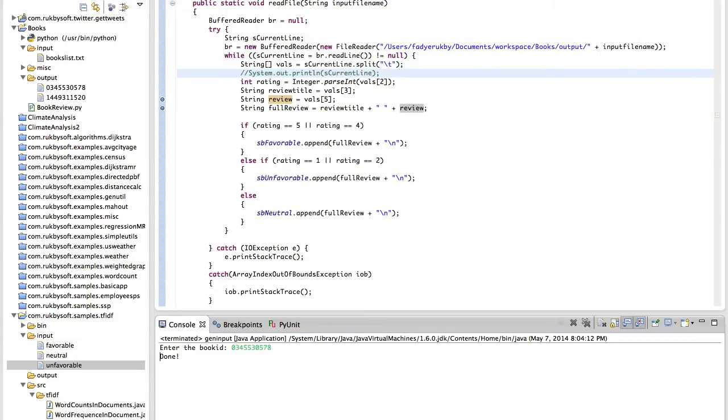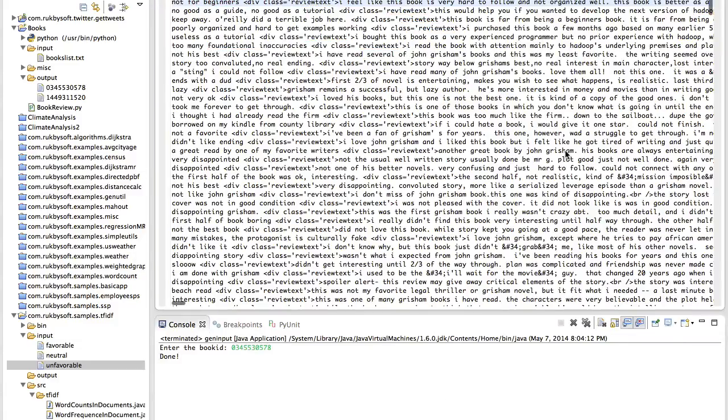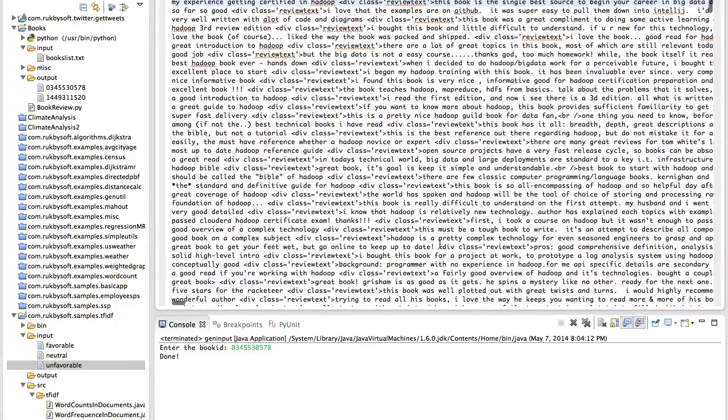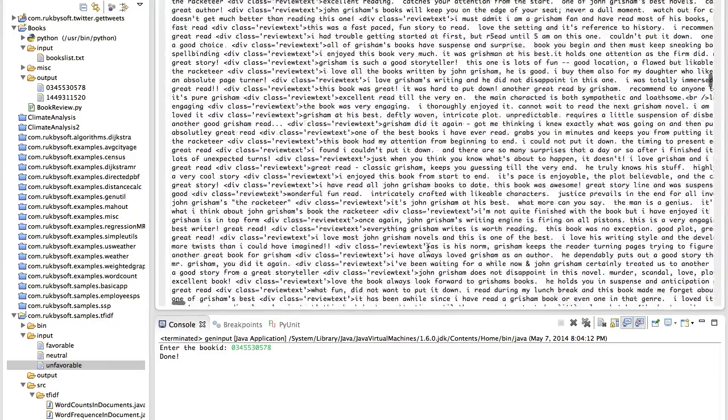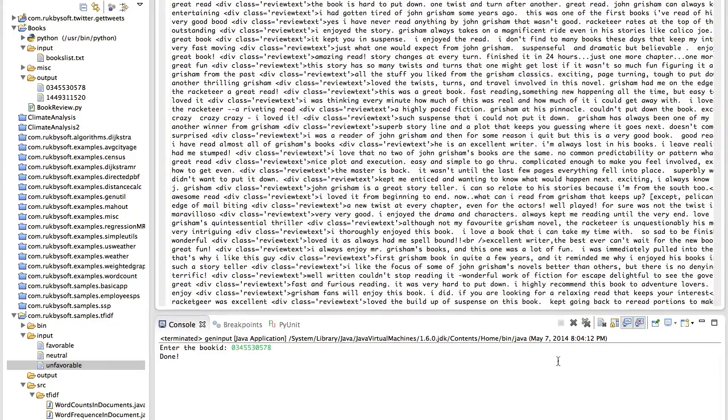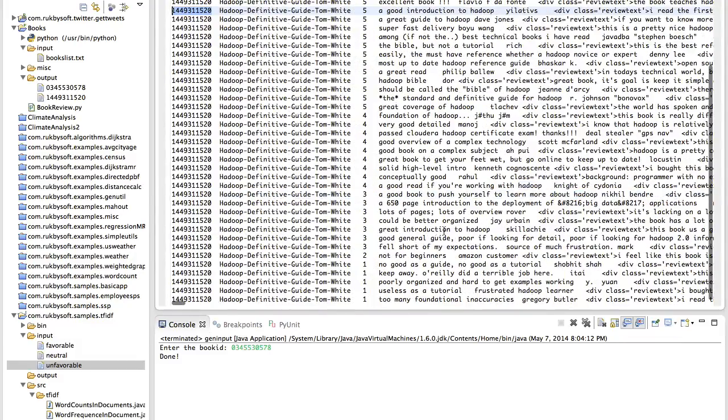And then execute, and it's done. So if we look, let's say the unfavorable, now you see it's a lot more. If you go to the bottom, you will see more of that. Here it says the word Grisham. So now we have basically taken the words that we got in the reviews, and then we split them according